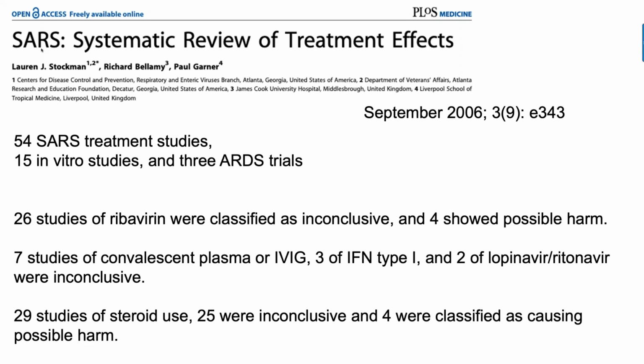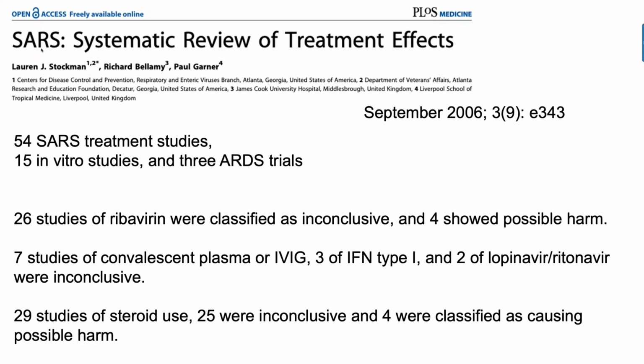A systematic review published in the open access journal PLOS Medicine looked at 54 treatment studies, 15 of which were in vitro studies, and there were 3 ARDS trials. Many of these, unfortunately, were not randomized controlled trials or did not use any form of comparator. They were often open label, and they identified 26 studies of ribavirin, which were labeled as inconclusive, and importantly, 4